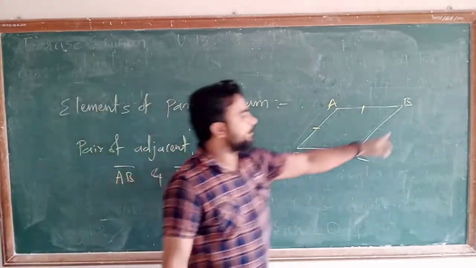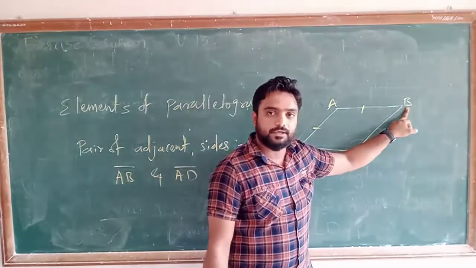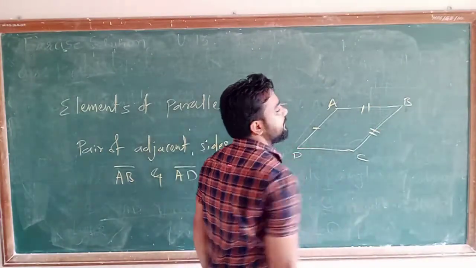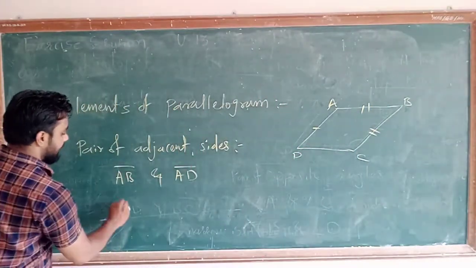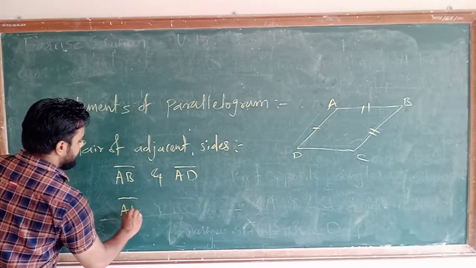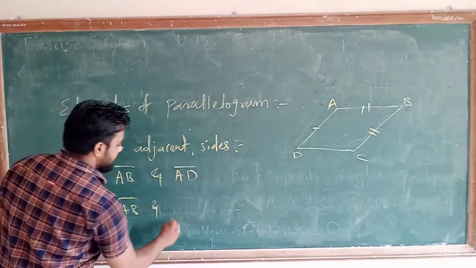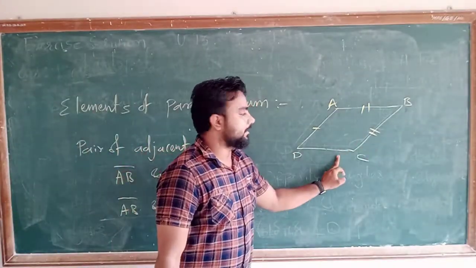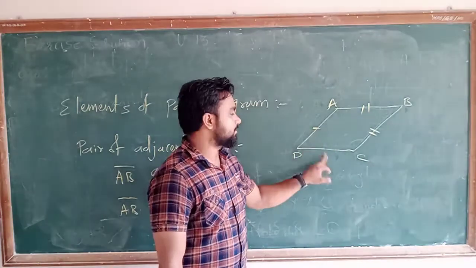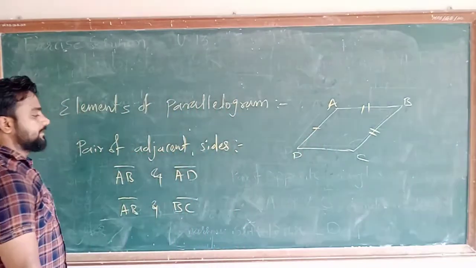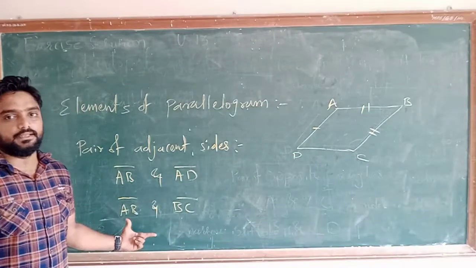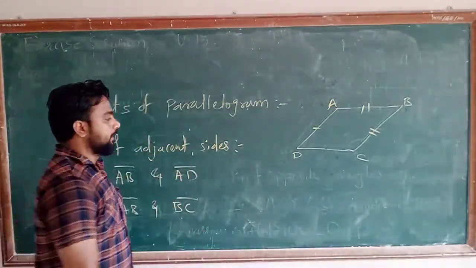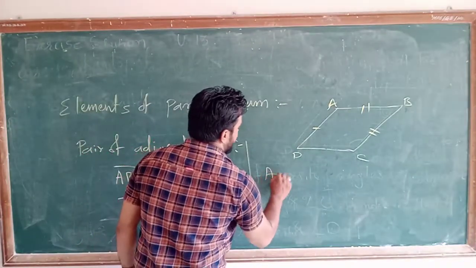If I am considering vertex B, अगर vertex B को लेता हूँ तो कौन सी दो sides adjacent होगी? So this one and this one. Okay, that means what? I can write it as AB and another one as BC. Okay, in the same way these two sides are also considered as the adjacent sides and these two sides are also considered as adjacent sides. So बाकी एक दो पेयर तो मैंने लिख ली है, बाकी दो पेयर वो है वो आप लिख लेना. Understand or not?